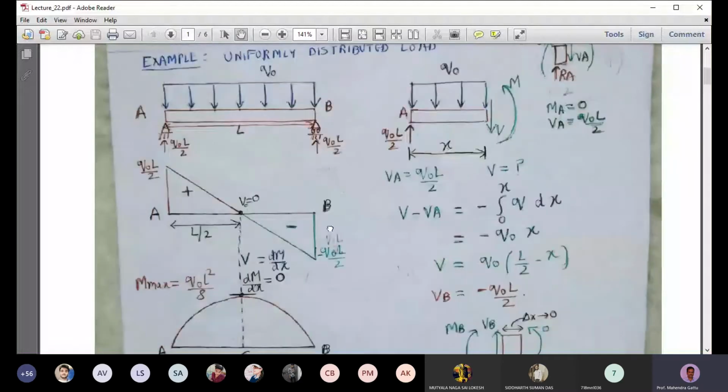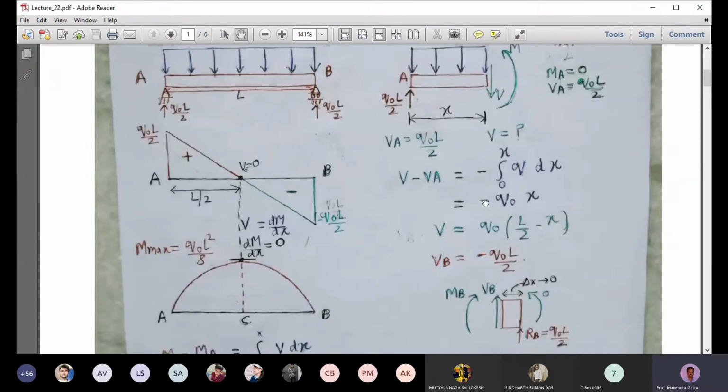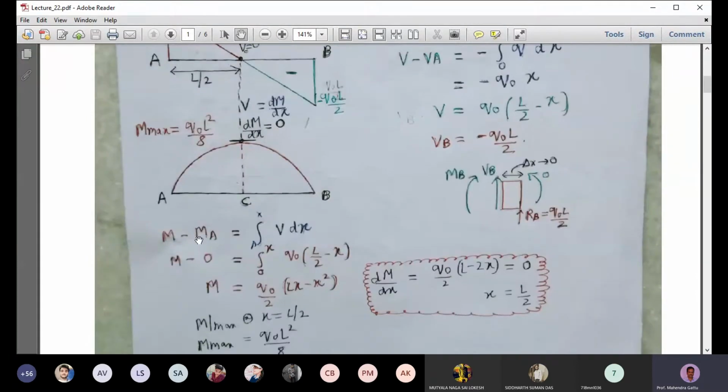The main take home point is you can just look at the reactions and the loads and directly draw the shear force diagram. Or you can use integration, using the equations relating the shear force and the distributed load, or the bending moment with the distributed load, get a closed form analytical solution, and then plot that analytical solution. Either way, our main quantity of interest is usually the maximum bending moment.